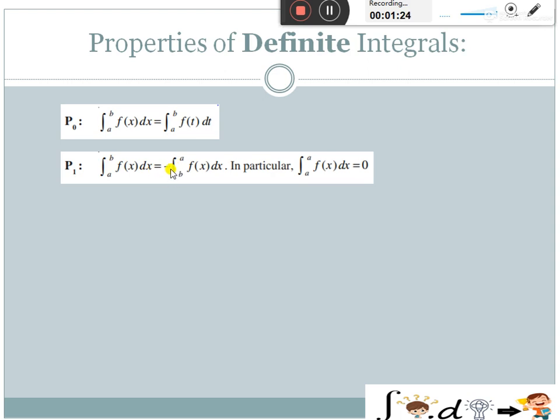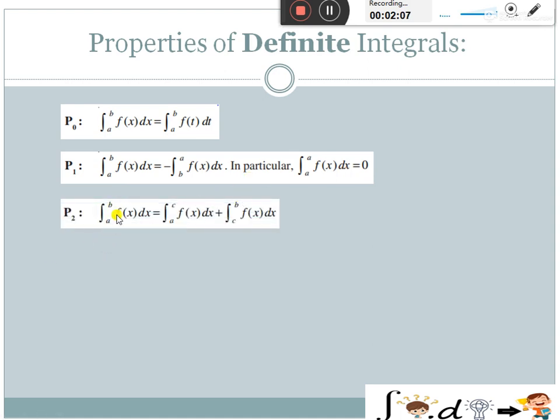negative sign. और जहाँ पर नेगेटिव साइन मिलता है तो हम इसको वापस बनाने के लिए यूज करते हैं, क्योंकि लोअर लिमिट में स्मॉल वैल्यू होती है, अपर लिमिट में बिग वैल्यू। ठीक है, और नेगेटिव साइन को रिमूव करने के लिए हम इस प्रॉपर्टी का यूज करते हैं। और इन पर्टिकुलर if we have integral a to a fx dx, then its value is equal to 0, क्योंकि हमारे पास ये जो इंटीग्रल है a to b fx dx यानी कि किसके इक्वल है, capital F b minus capital F a. तो F a minus F a, you will get 0.